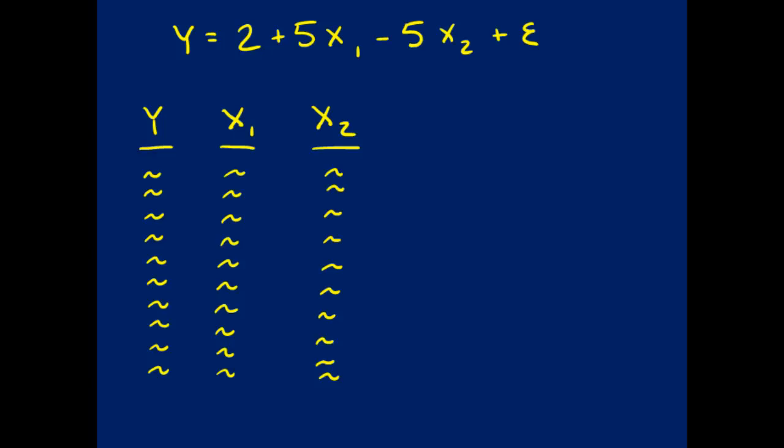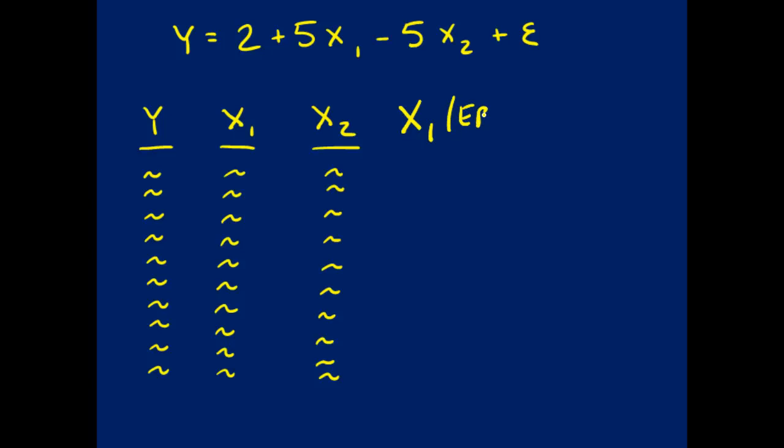So here is the equation that I used to generate the data set that we've been using. And so the equation is y equals 2 plus 5x1 minus 5x2 plus some error. So we created a data set that is determined by this function. And so what I'm going to do now is I'm going to create another variable. I'm going to call it x1